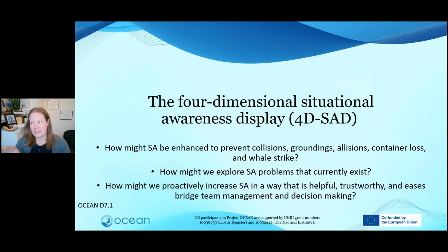So if we were to have a system on the bridge that could combine information from all of the other systems and present it in a way that could enhance the situational awareness both now and into future timelines, so 4 dimensionals being the 3 dimensions in which the ship is navigating, and the 4th dimension of time added in, where we could enhance the situational awareness to prevent collisions and groundings and allisions and container strikes and whale strikes,